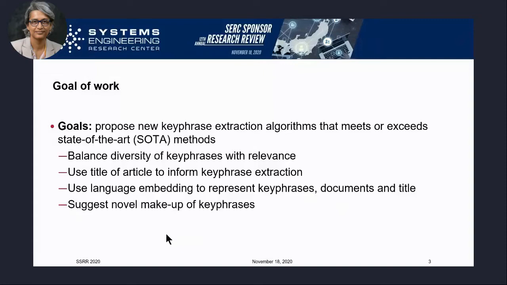The third is to use language embeddings, which are essentially a way of looking at everything in a language, like a word or a sentence or a phrase or a document, as a multi-dimensional numerical vector in some vector space. So that has an interpretation that if you have two vectors in this multi-dimensional vector space that are close to each other, in real life, those two language units, maybe words, maybe documents, maybe sentences, have a closer connection between them, maybe meaning or something like that. And then we also suggest a novel way to construct a key phrase.